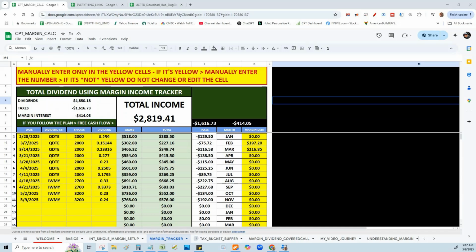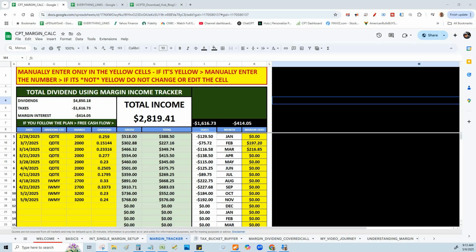Now let's finish up with my numbers. As of right now, these are all real numbers. I'm going to get a margin interest bill coming in. That's probably going to be about $216. We have moved this up from 2,700 shares of IWMY to now 3,200, so my margin interest debt might be a little bit more. But remember, it's not really a bill that comes in. What happens is they reduce my non-margin buying power. They basically slap on more debt, right? So that is going to come in.